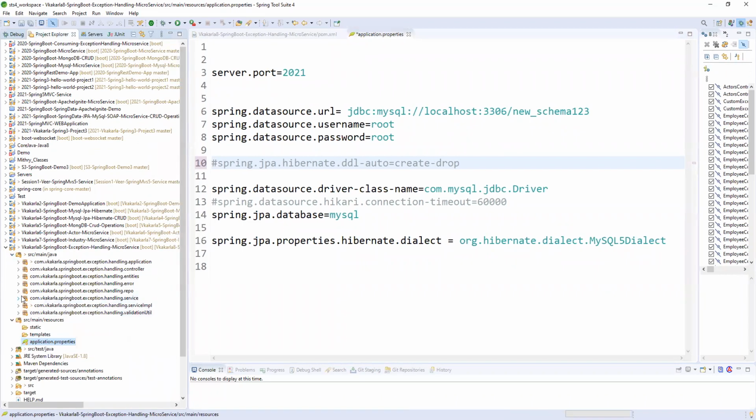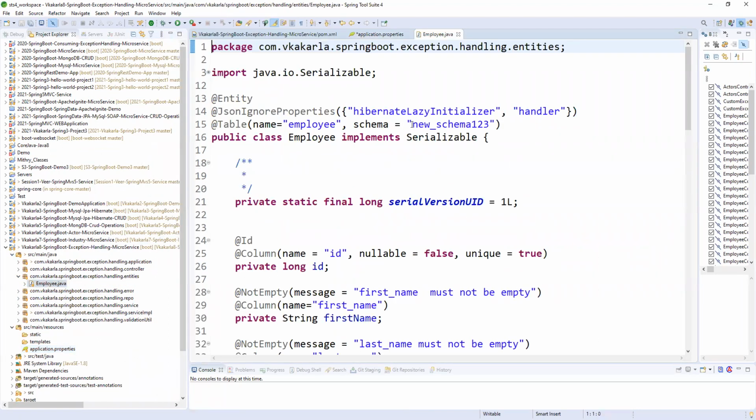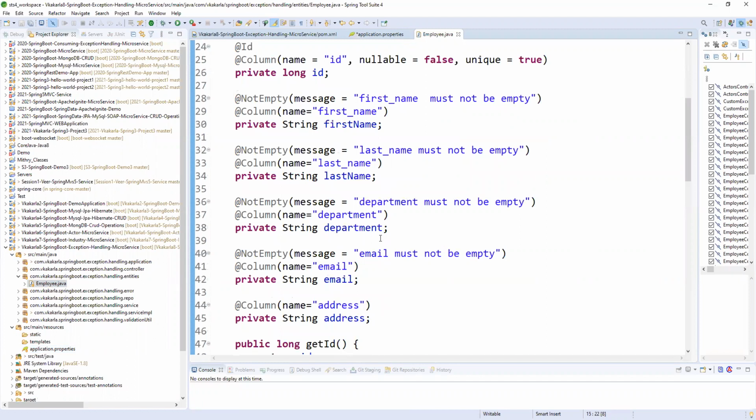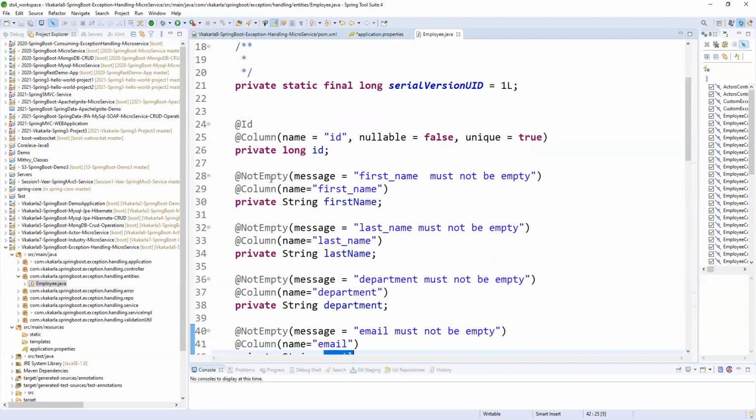If you open the entity, it is the Employee entity, where we have a schema as well as a table name. And now I added validation. We need business validations as well as exception validations. If it is a registration page, or if I am doing a POST operation, the entire object is passed: ID, name, first name, last name and all.